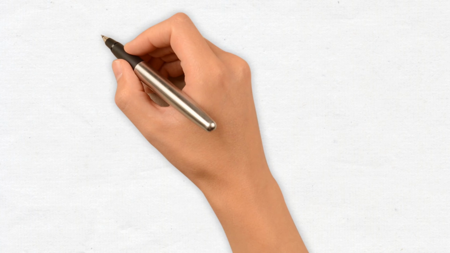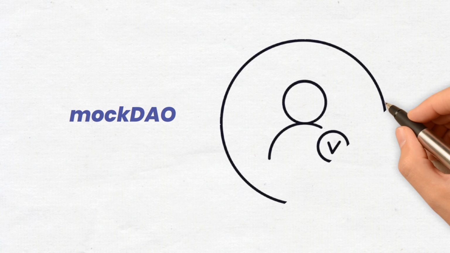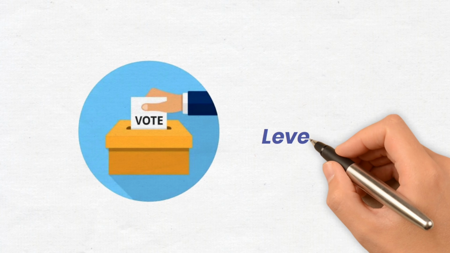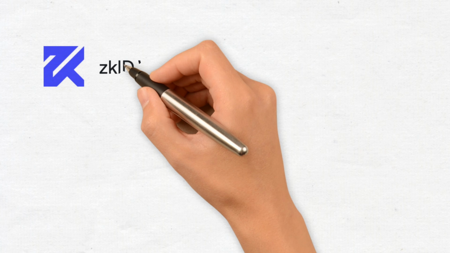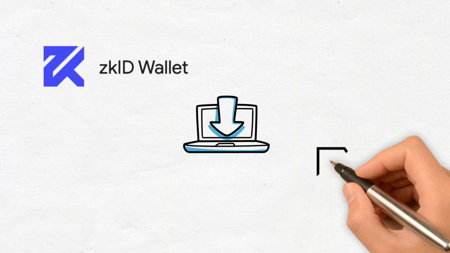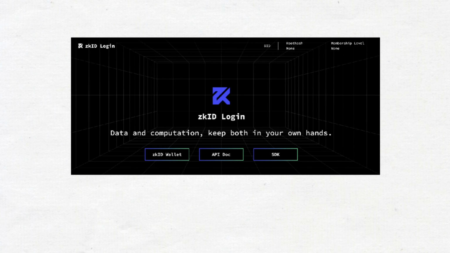For example, DAOs can achieve more efficient management based on DID system. Mock DAO's voting qualification is a good example. Here, the mock DAO community needs to vote on their members' proposals, but they want to set the requirement that only community members higher than level 2 can vote. In this case, by importing the membership VC issued by mock DAO stored in their zkID wallet, members can easily prove whether they are compliant with the voting requirement set by mock DAO. Everyone is welcome to experience this function at